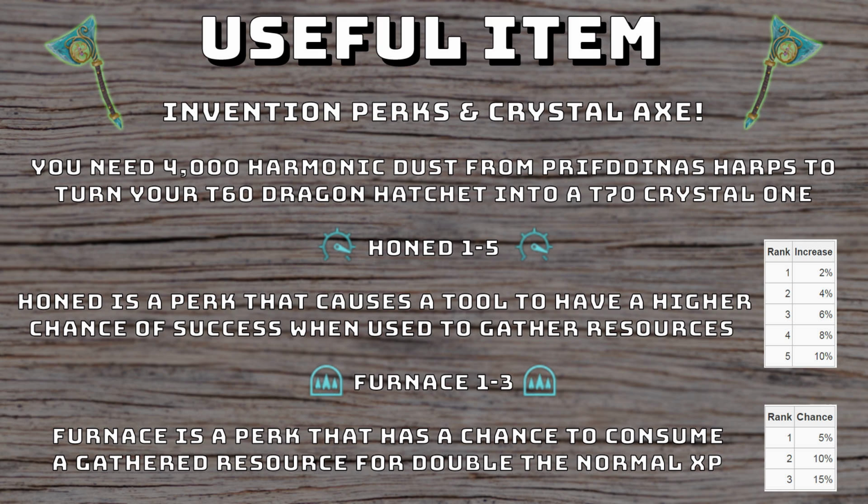Each rank has a 5% increased chance. As you can see, rank 1 has 5 and rank 3 has 15. So if you had rank 3 in this as well, it gives you 15% more XP because it will consume what you're fishing and give you double XP as well. So for 15% of the time, you're getting twice as much XP, which means it's speeding up your experience overall whenever it procs. So it's really useful having augmented tools, not only to level up invention, but to make your